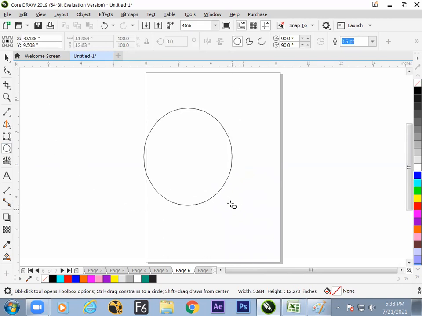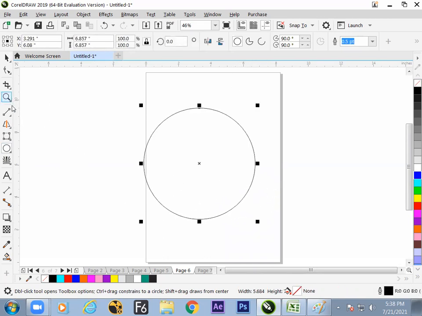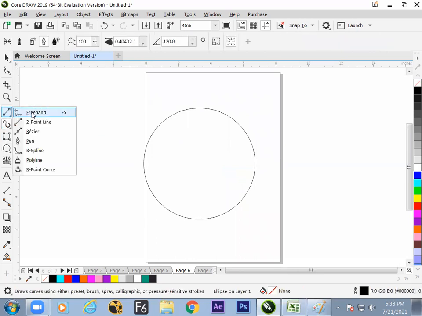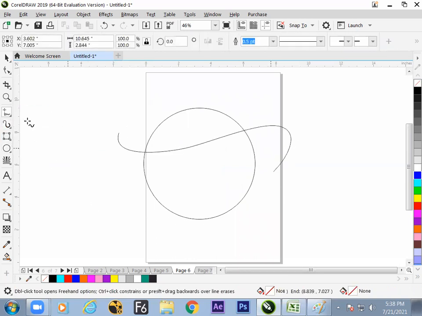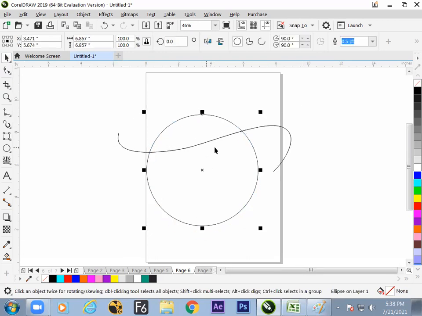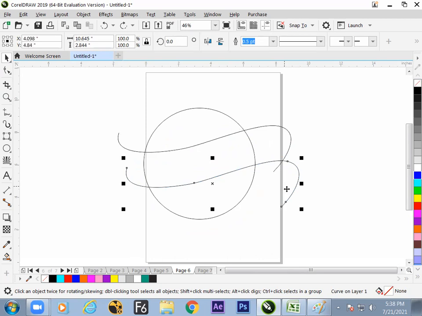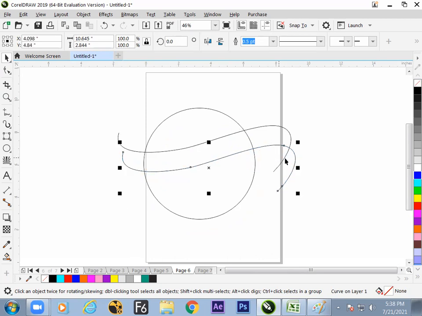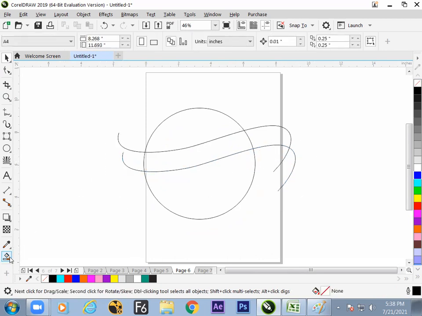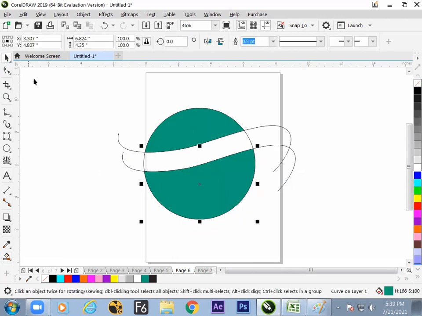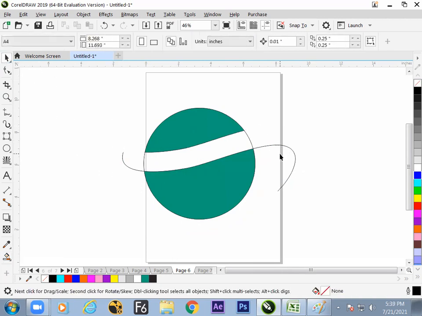Draw a line randomly on your screen with the freehand drawing tool, get a duplicate with the plus button, bring it down and fill the color. So hope we have understood now how to make a logo design.